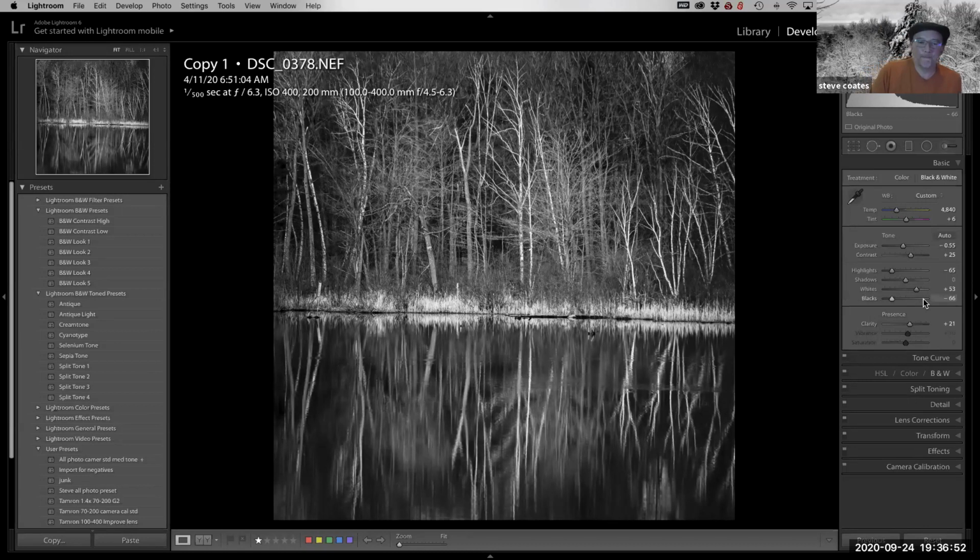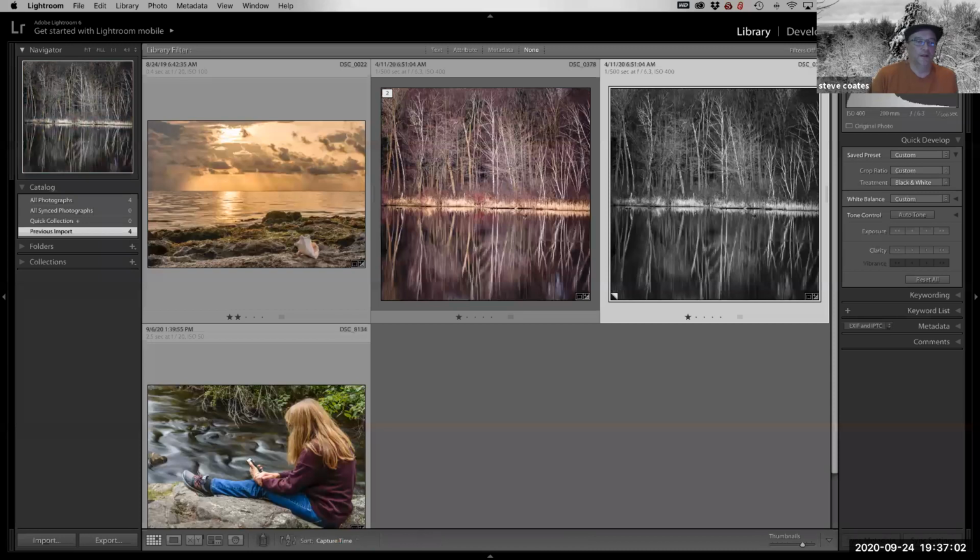Okay, let's go back to the library, and I'm going to hit G for grid. So basically, these photos are done for now. I can rate them or whatever. I'm just going to leave them alone for now. So I'm going to import the rest of the photos. I'm going to click on import,